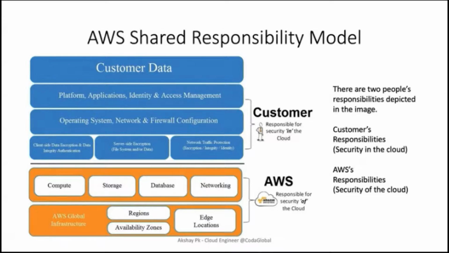So regions are nothing but a geographical area where they have their data centers. So you have 23 regions, if I'm not mistaken, right? And a region can consist of one or more availability zones, wherein each and every availability zone is a collection of data centers, right? So if you consider the Northern Virginia region, you have 6 availability zones. You have US East 1A, 1B, 1C, 1D, 1E, and 1F. If you consider Mumbai as the region, you have AP South 1A and 1B as the 2 availability zones, right?